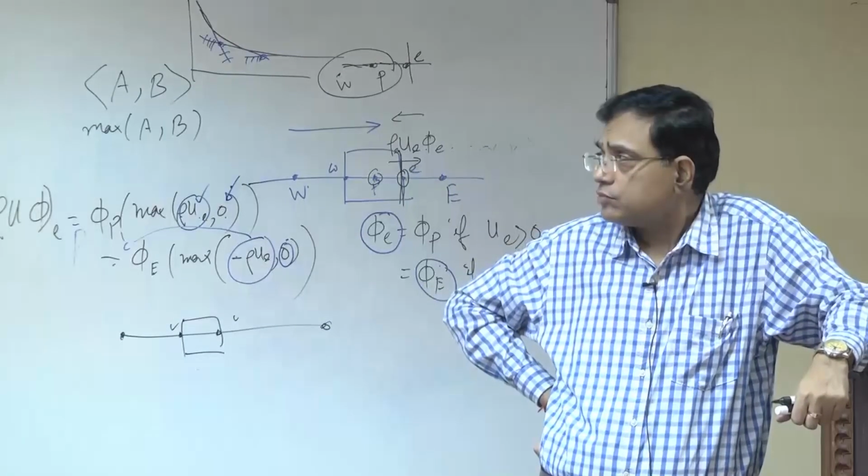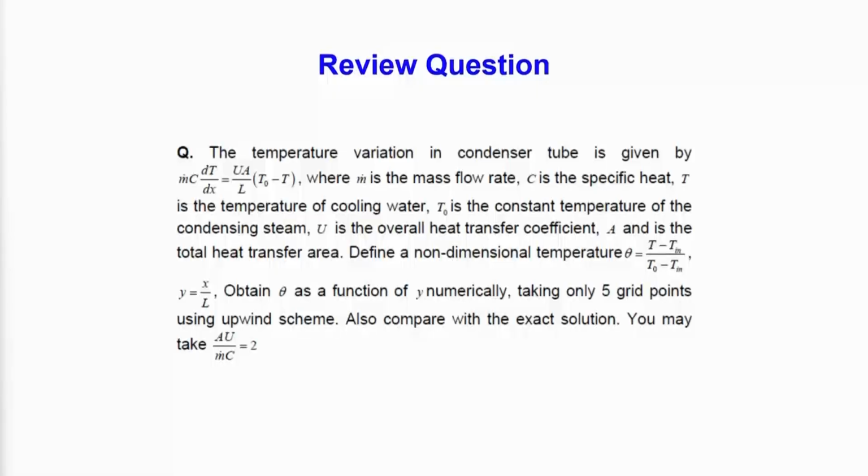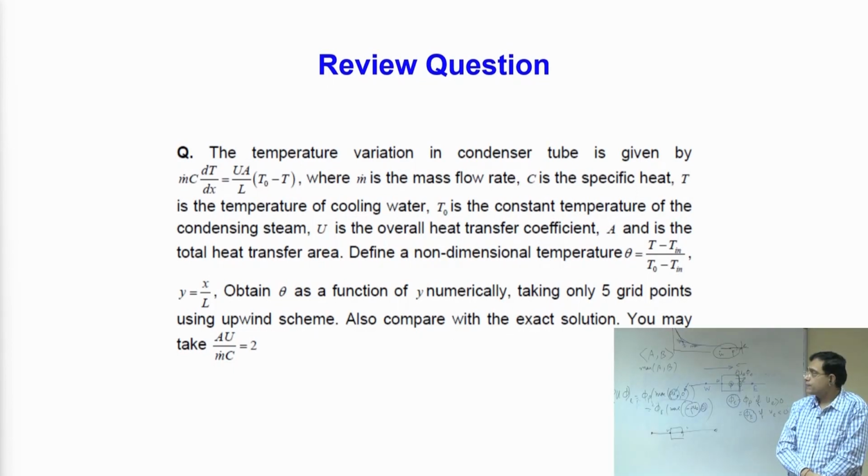Okay. So, this is all about convection diffusion problem. Now, maybe we can get into say 1 or 2 examples, the review questions. So, let us say that you have a condenser in which you have the temperature variation. So, the left hand side is the mass flow rate into specific heat into rate of change of temperature. So, this is like you can say the advection,